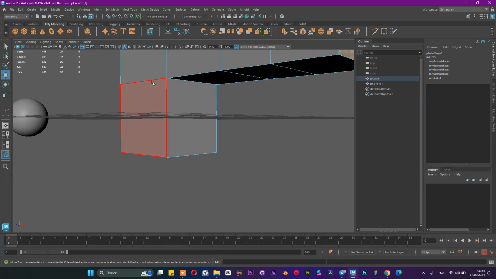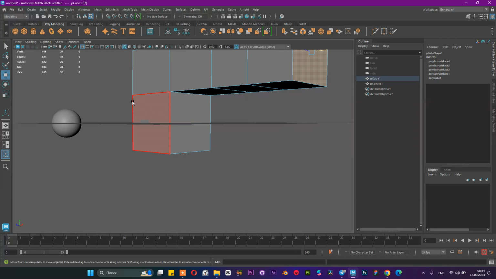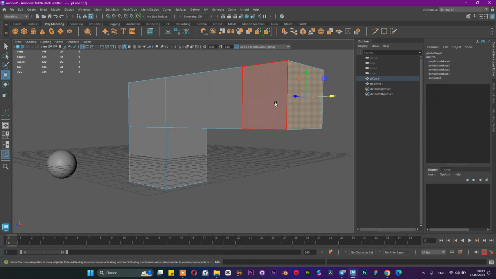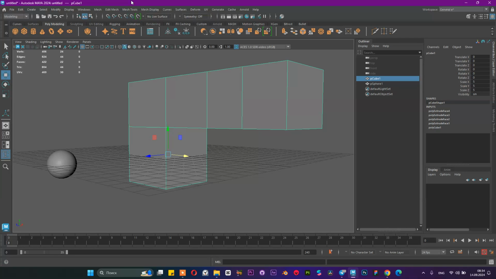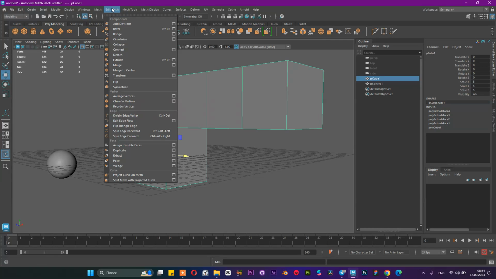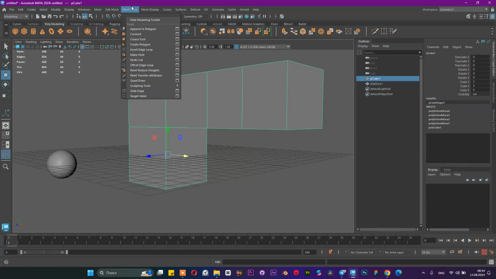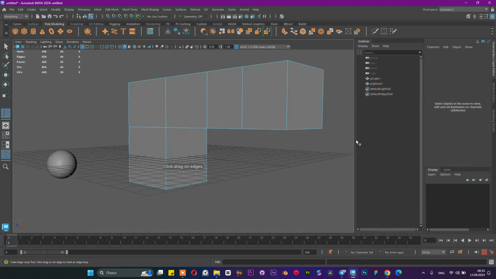We can add some edges on the faces. Extrude is extrusion of these faces with a new geometry, but the insert edge loop tool is the tool which will help you to insert some edges on the selected faces. This tool is from the edit mesh menu, in the mesh tools, which consist of the insert edge loop tool. If you press this insert edge loop tool, here we can see